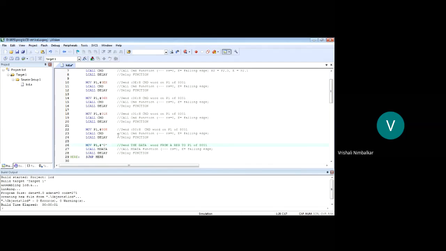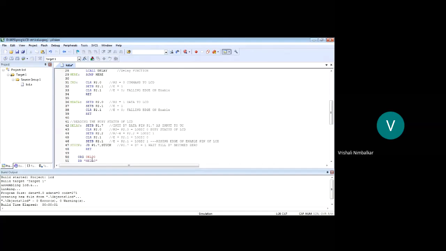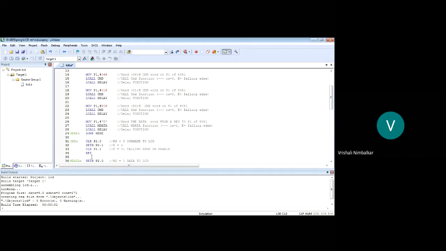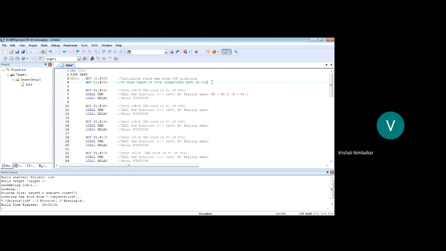Okay, now the next thing, where are my characters? In program memory. The first character is at location 100 hex, the second character is at 101, next 102. So I need to pick the characters from program memory. How do we pick data from program memory? See what instruction, students?